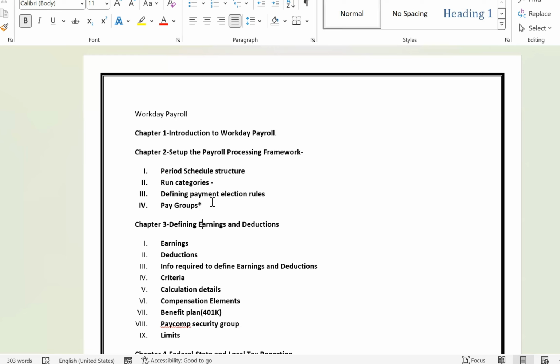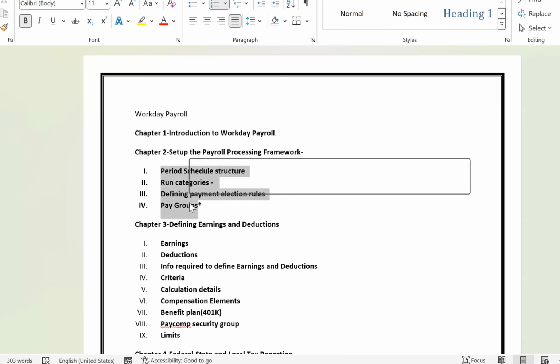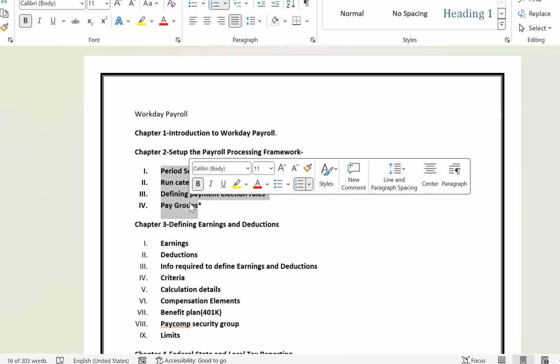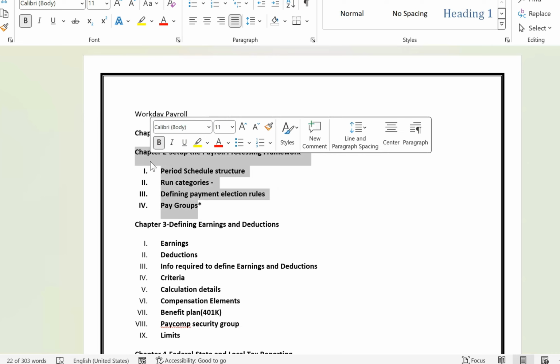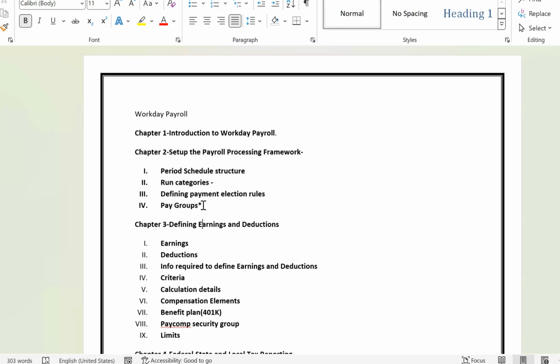Once we're done with this, we'll bring some employees into this pay group and we'll test whether, when we run the payroll for monthly, this pay group is able to pick the employees into the payroll from the core HR and process them. We are going to test it here. After testing, we'll move on to the next topic,